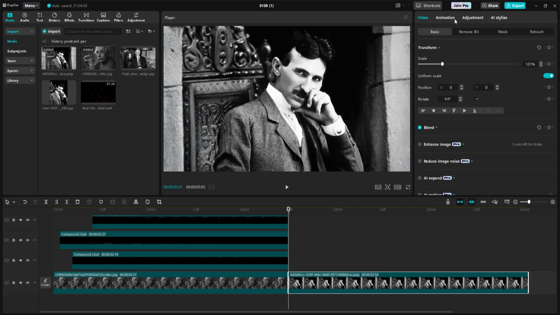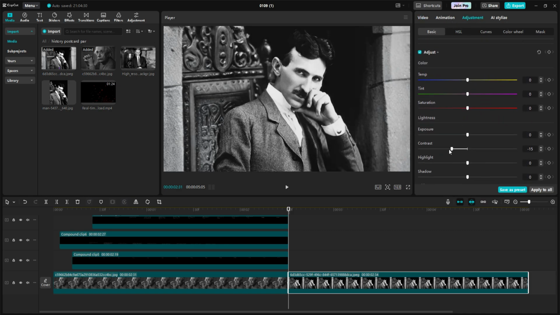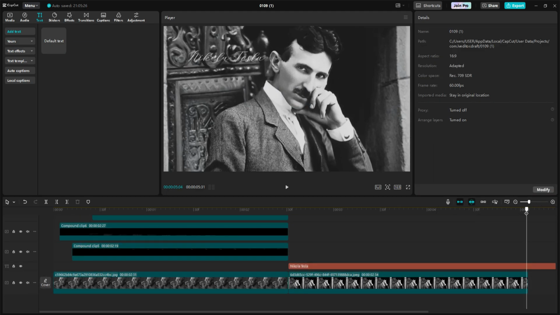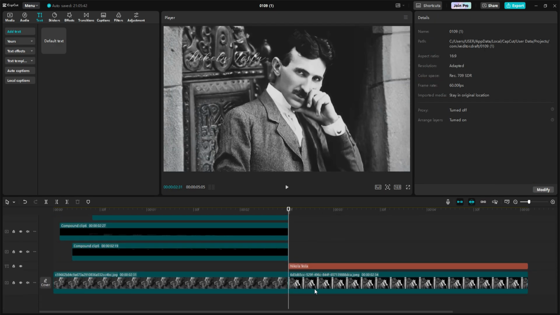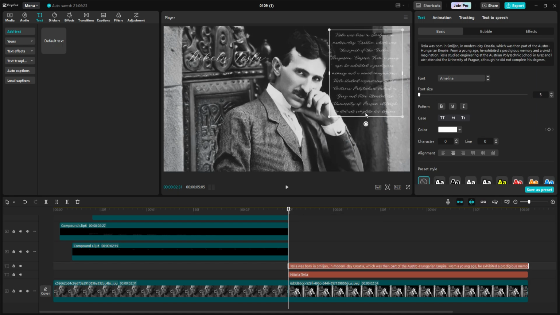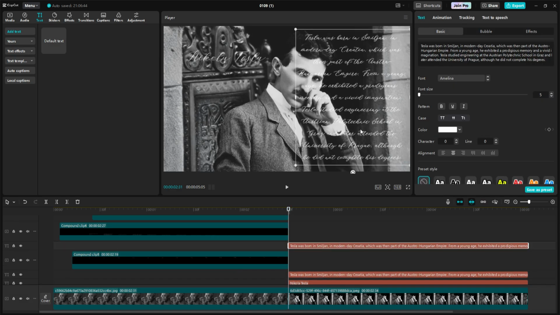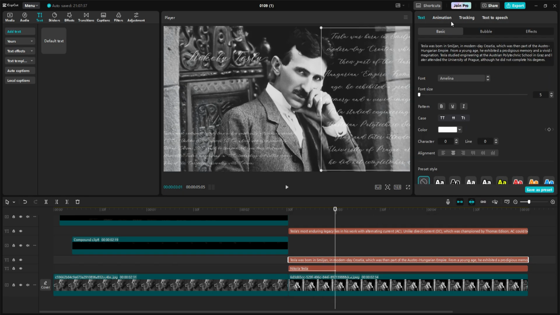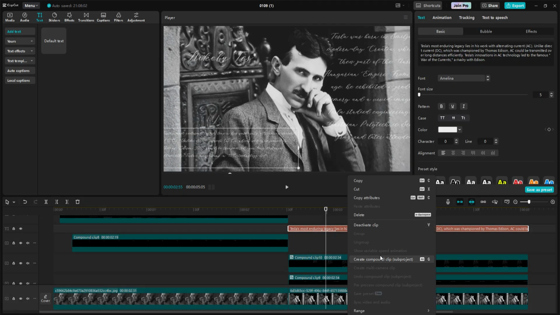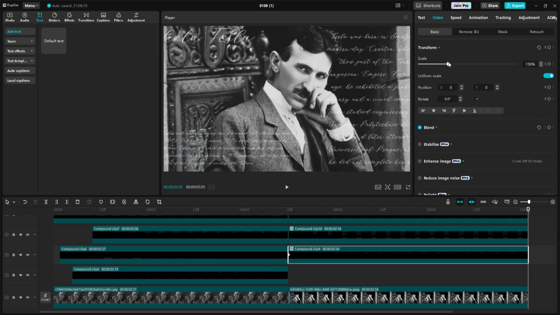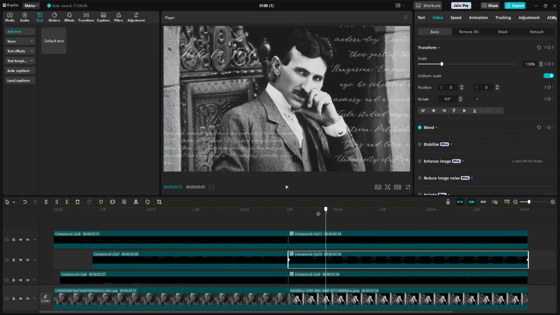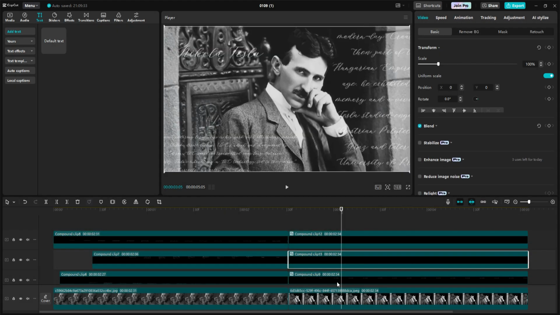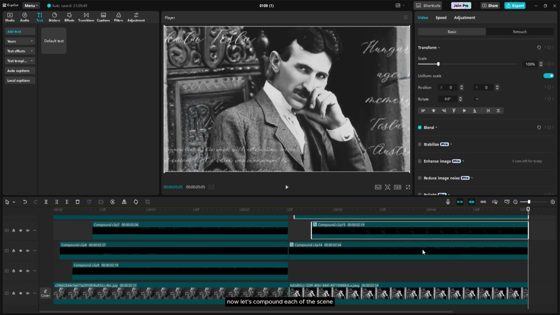And I think I'm gonna lower the contrast first so it can match with the text color. After we finish, now let's compound each of the scene.